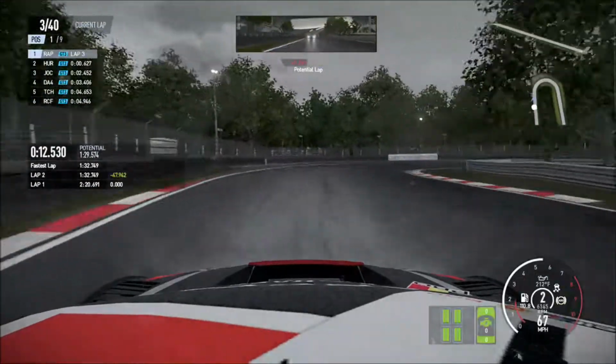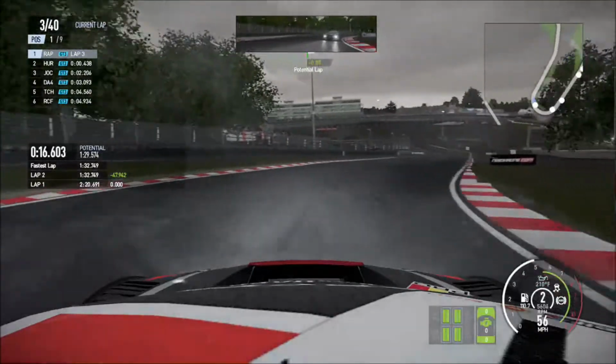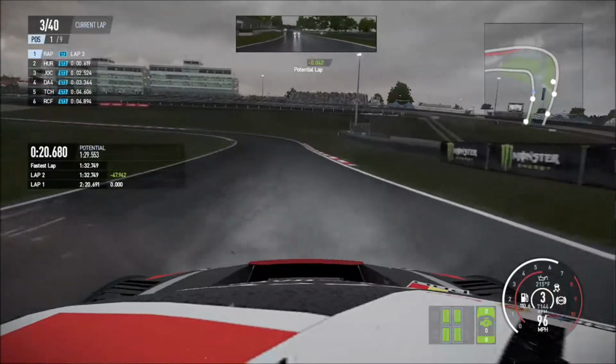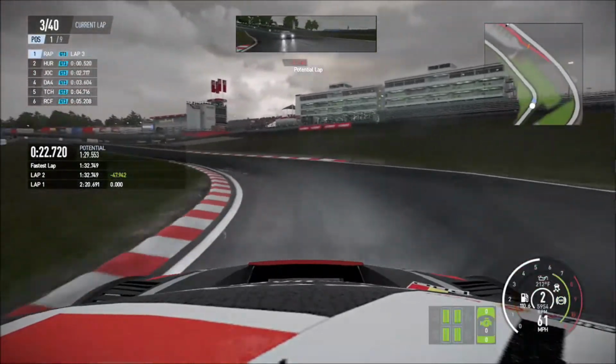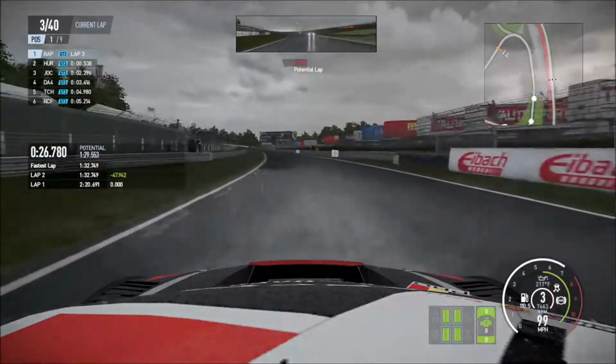I knew this was going to be more his track. I know EB Hurricanes loved this track. He loves this track a lot, particularly in the dry conditions. He's pretty hard to beat, as we saw in Tora. He was really quick in Tora, and I couldn't really match. Obviously, I was a little bit beefed for Tora, so